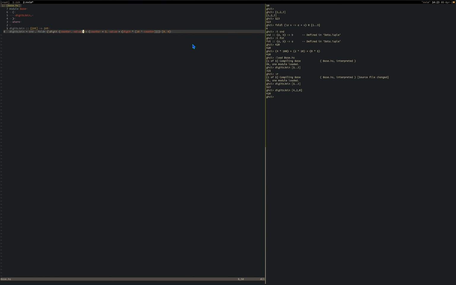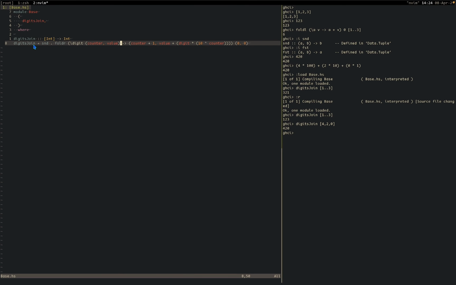So in the last video we wrote this digits join function, right? So now we want to look at the reverse of this. Basically you should be able to turn 123 into 1, 2, 3. And to do that you can also use the same logic of